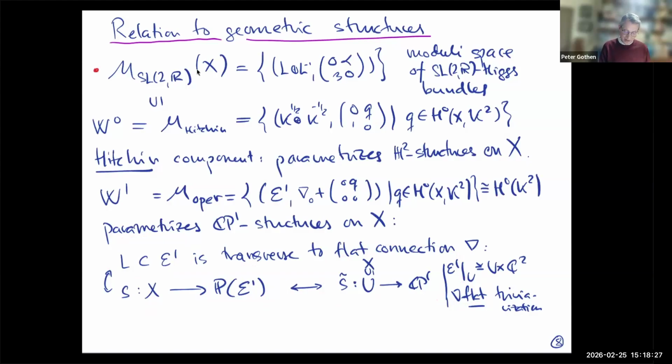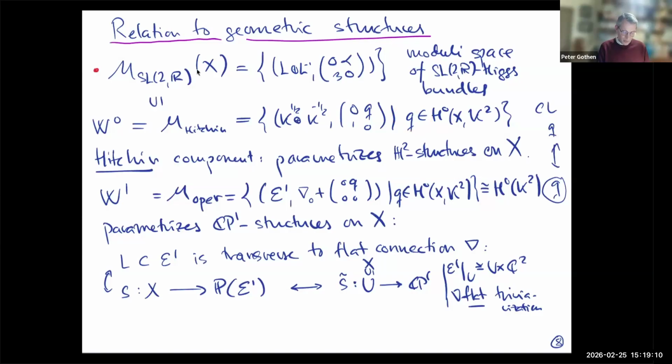Okay, and in fact, it was known that the conformal limit actually makes this Q correspond to that Q. So the hyperbolic structure corresponding to this Q here gets mapped to the CP1 structure on X corresponding to this Q. But note that it's very different in flavor, because all these CP1 structures are compatible with the original Riemann surface structure. This is in particular a holomorphic map, whereas these, of course, are different Riemann surface structures.